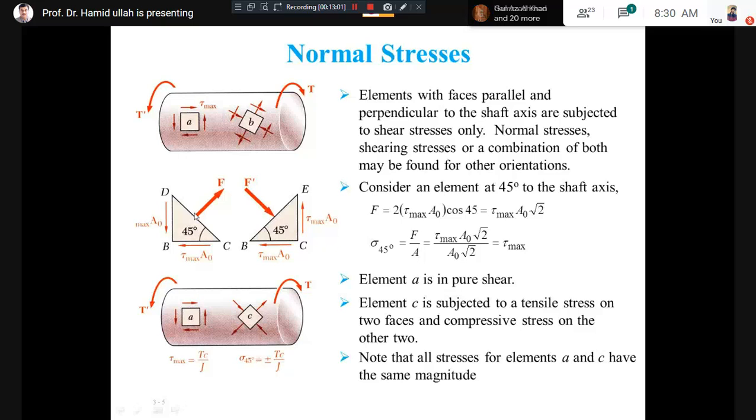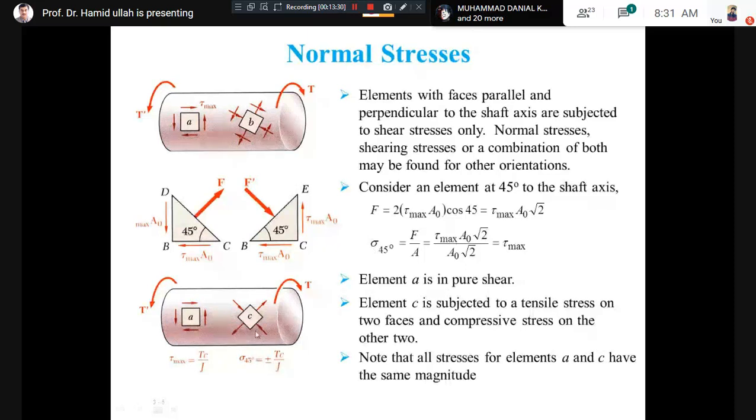And from this free body diagram, we can see sigma at 45 degree is equal to tau x. The tau x relation was T into C divided by J. This sigma is at 45 degree, so at 45 degree sigma also equals the same value, T into C divided by J. It could be plus and minus. You can see here in this part C,